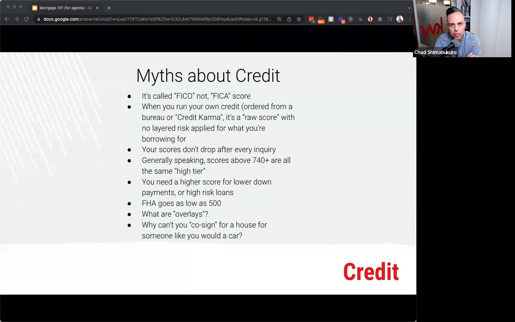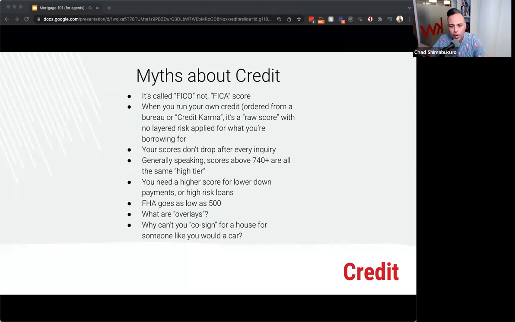If you've ever looked at credit reports, you'll see the people that are pulling your credit. If you go to Verizon to open up a new cell phone account, or call HECO to open up an electricity account, or go to a car dealership to buy a car and they run your credit to get approved for a loan, there's a layered risk applied to their credit inquiry. The layered risk applied is dependent upon the risk of the industry they're running your credit for. Let's say all these things occur on the same day.